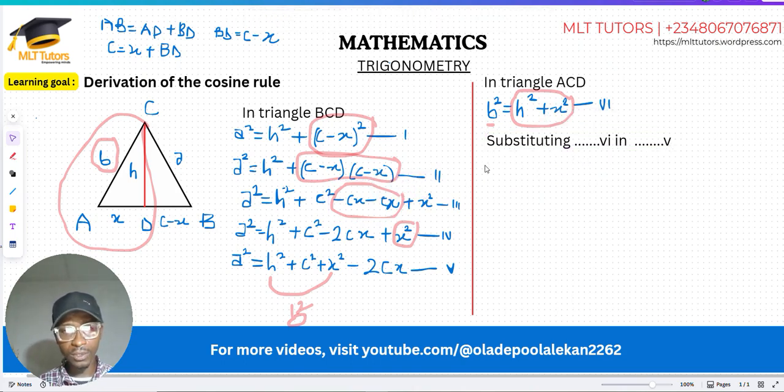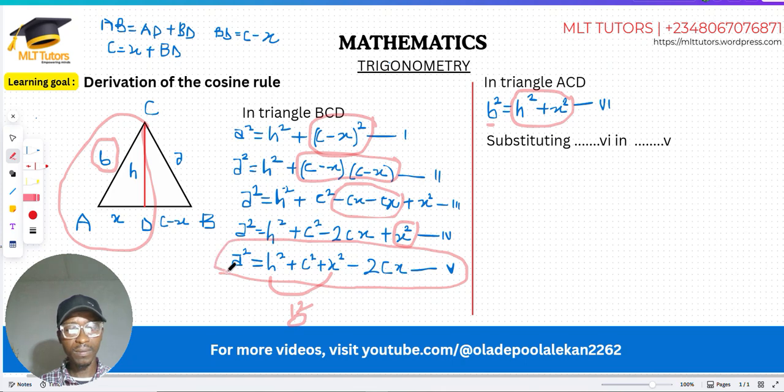Okay, that's okay. So substituting equation 6 in equation 5. Then where is our equation 5? Look at our equation 5. Here's equation 5. So if we put that now, so you have a squared equal to,